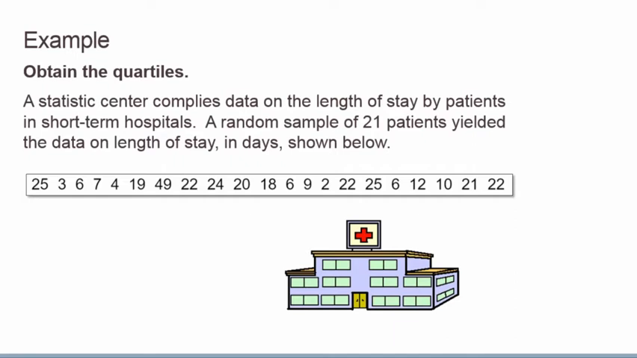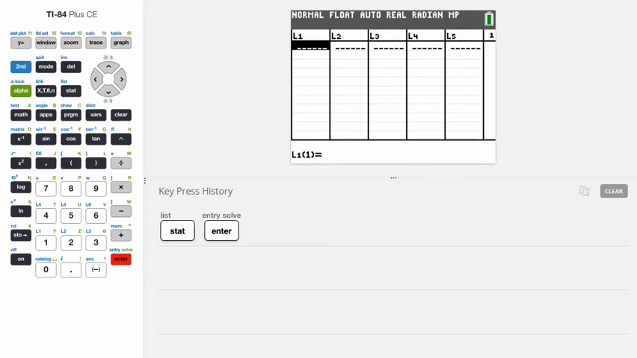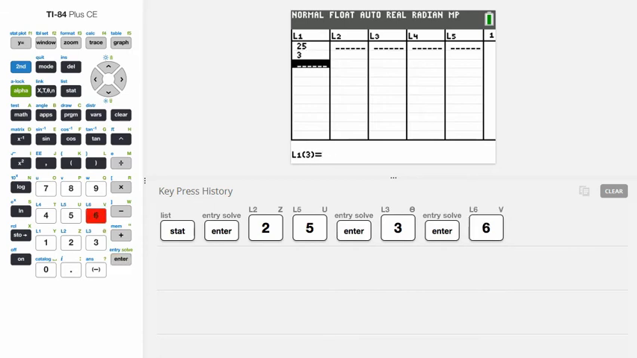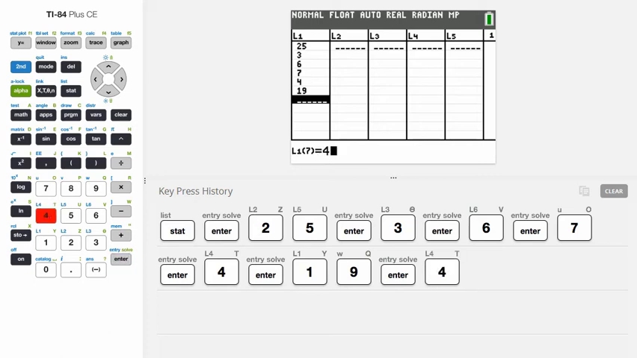This data set is far too big to try to do by hand. We want to use our calculator. Once we have our calculator, we want to go to Stat, Edit, and we want to type our data set in L1. So I have 25, enter, 3, enter, 6, enter, 7, enter, 4, enter, 19, enter, 49, enter, 22,